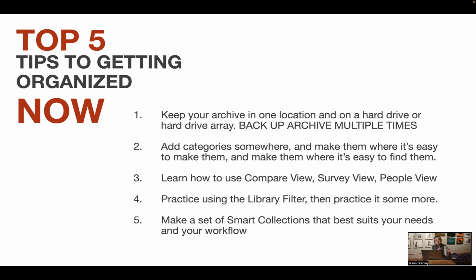And then you can just go back, select those, click another button, and then convert all of that stuff to DNG. And the list kind of goes on and on and on. But yeah, smart collections, very, very important. So these are top 5 ways I suggest you can start to